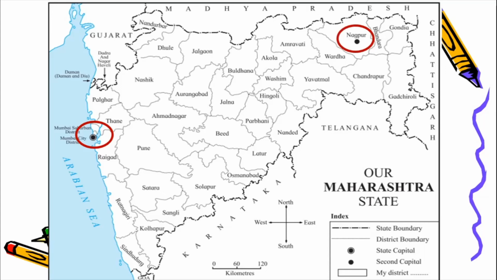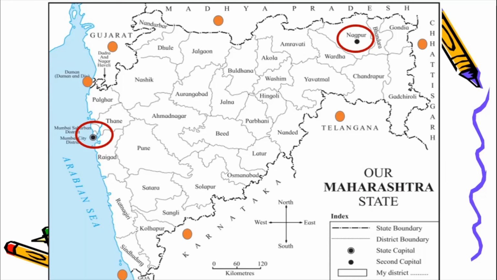Okay, along with this you will also be able to see the neighboring states of Maharashtra, the states which share their borders with Maharashtra. So you have, see, Madhya Pradesh here. Okay, then you can see Gujarat here. Okay, you have Chhattisgarh here, Telangana, and then you have Karnataka, and in this very small space you can see Goa, Daman and Diu also. And then here we can see part of Goa.